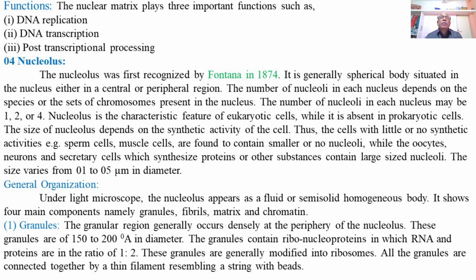Then secondly, the process of DNA transcription. There are different numbers of chromosomes containing different types of DNAs, expressing different characters or synthesizing different types of proteins. The process of transcription occurs on the surface of the chromatin material or the chromosomes, where the DNA has been exposed to the surface so as to undergo transcription, that is, mRNA synthesis. Under the direction of mRNAs, different proteins are then synthesized, called translation.